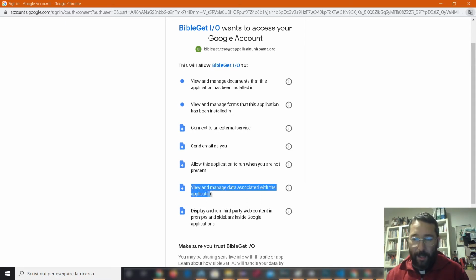View and manage data associated with the application. These would be your user preferences. From the settings window or preferences window, you can choose the styling preferences, how you would like the Bible quotes to be styled when they are inserted into the document, so you don't have to worry about manually styling them. These user preferences will be saved as user properties,